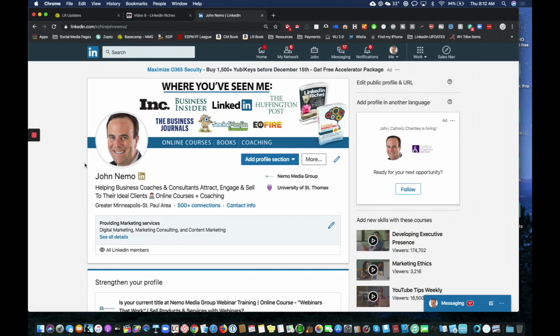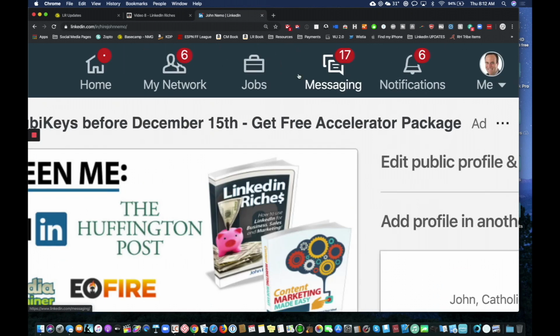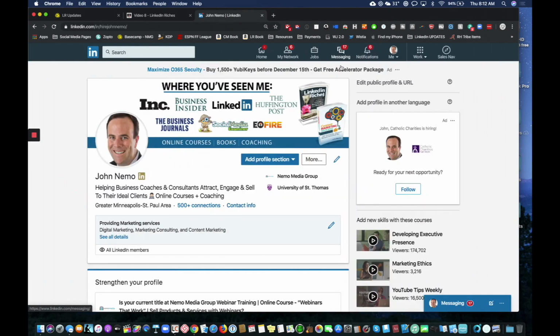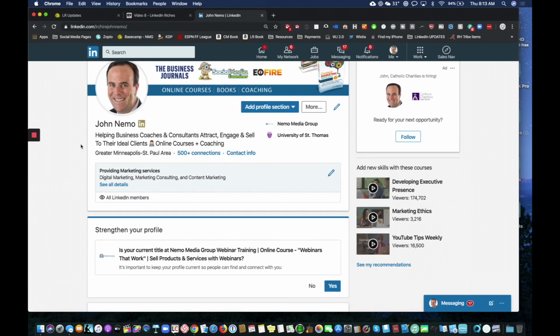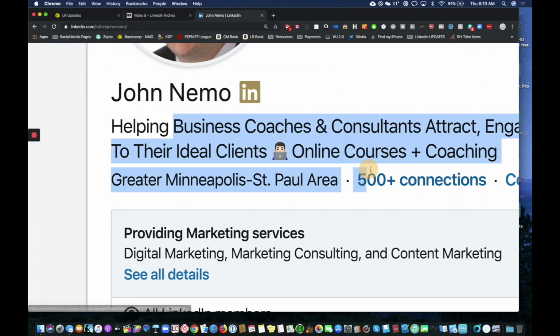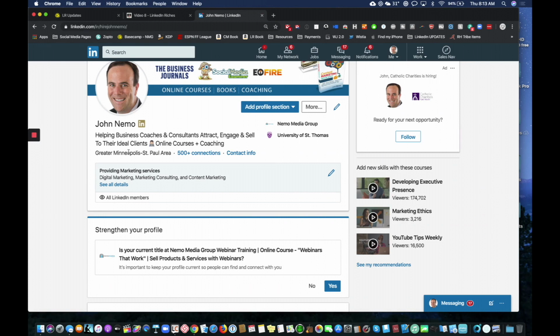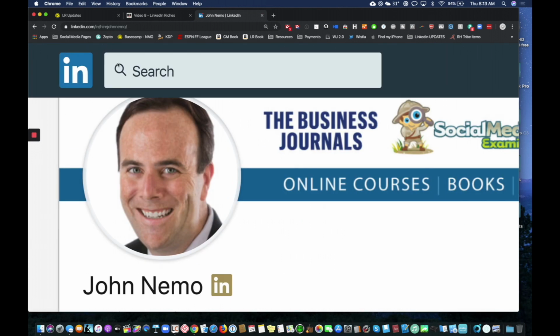Now, here's the important thing about LinkedIn. 99% of your business is going to be from you reaching out to people and talking to them. You're going to get very few leads and very few customers who, quote unquote, stumble across your profile and want to talk to you. That's just the reality with 700 million members in 200 countries as of this recording. Very few people are on LinkedIn who are just going to stumble across my profile, be super impressed, and hire me.